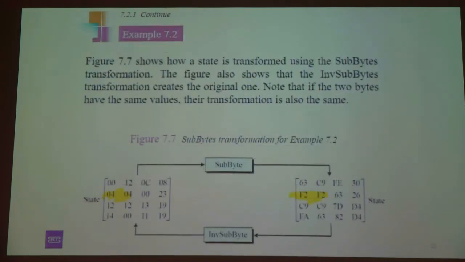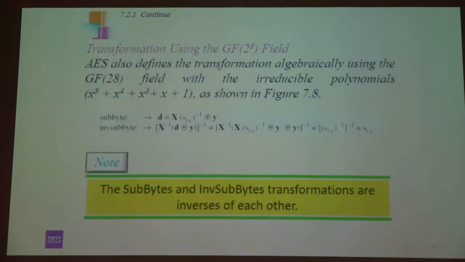Moving on, okay. The nice thing about this operation is that it could be done by a table, which is easy to do as software, and you could also use it by hardware. And how do we do it by hardware? By having the polynomial, right? Any polynomial you could represent with an LFSR, so you could do it also as hardware. The transformation is also defined algebraically